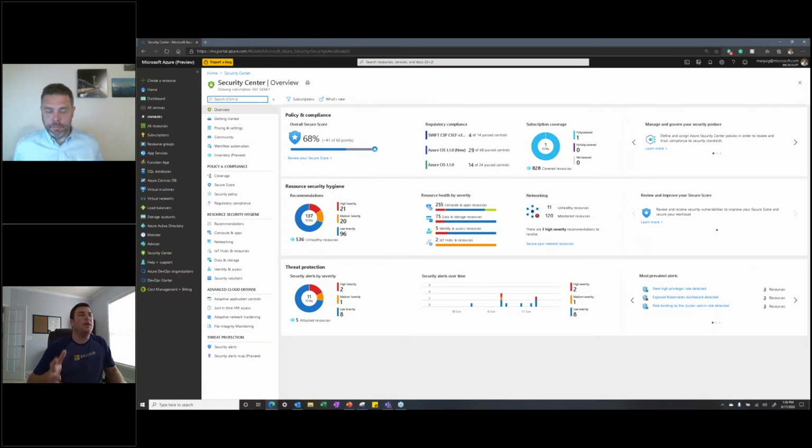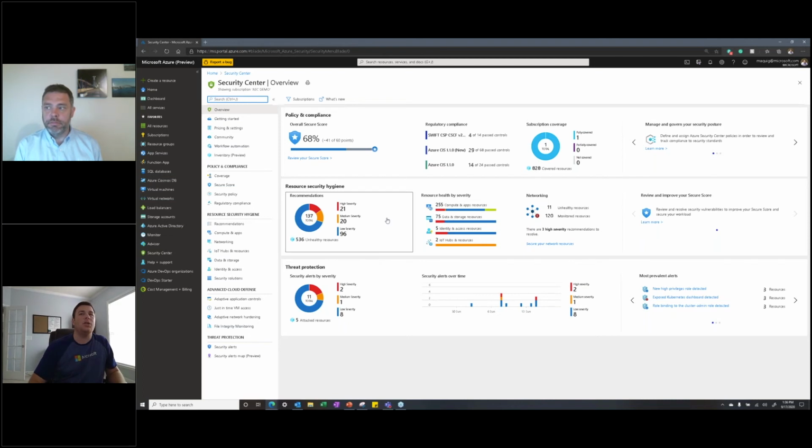One other thing to mention before we dive in, the hybrid story around Microsoft Azure is where we really shine versus other public clouds. Microsoft's really put a lot of effort and investment into making sure that cloud is not the only option when you come to Microsoft. You can still have a hybrid environment and be efficient.